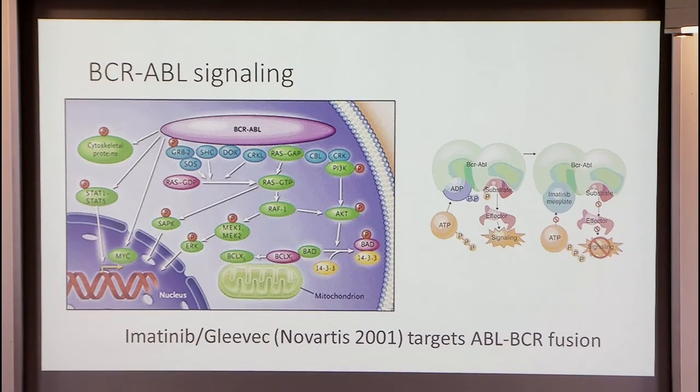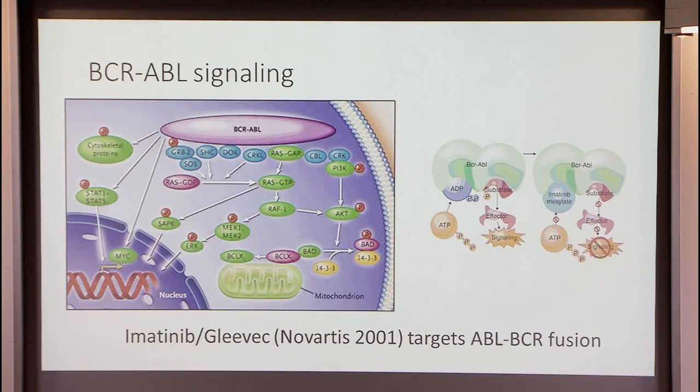So what does this BCR-ABL fusion gene do? What does the drug do? As a fusion gene, it actually leads to many downstream changes through a signaling network. We're not going to go into all the details here, but the idea is that this one mutation propagates its effect through this signaling network, ultimately leading to gene expression changes. And what imatinib does is it inhibits this activating ability of BCR-ABL. So it's been remarkably successful in treating patients with this leukemia.